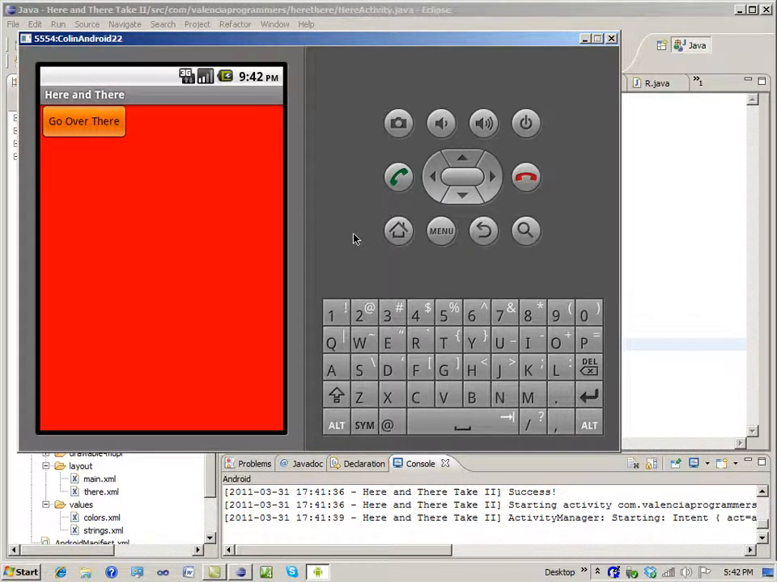Okay, so here's the big test. If you're looking in the console window, if you get this, that it has installed your APK and it's starting it, then you should see something happen. So if I click on Go Over There,